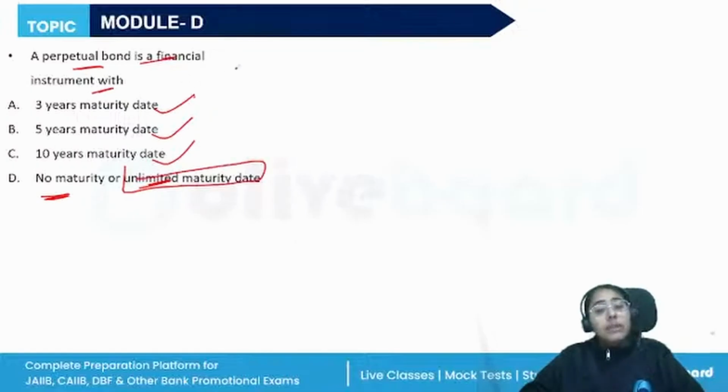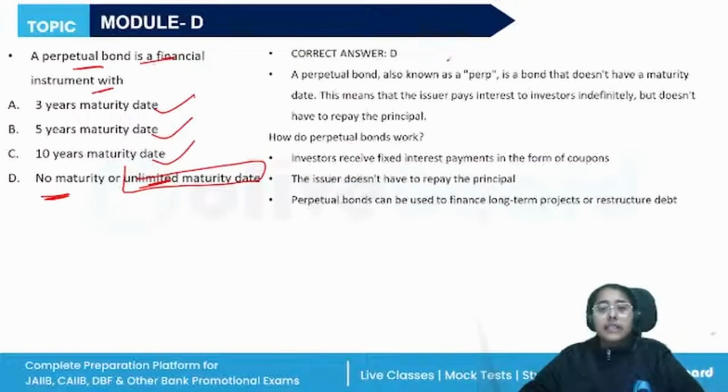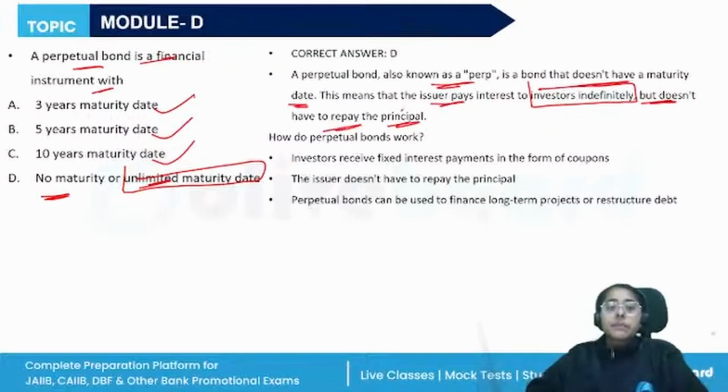So perpetual means something that continues. So the correct answer will be option D. It is known as a perp, which does not have a maturity date. So it means that the issuer pays interest to the investors indefinitely but doesn't have to repay the principal. Interest will be paid by the